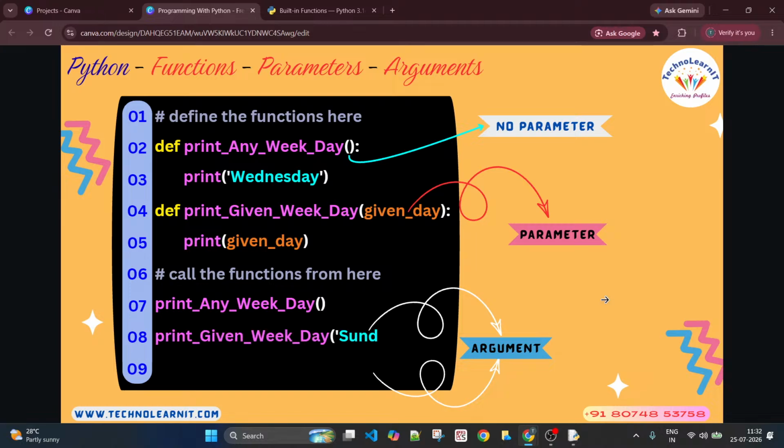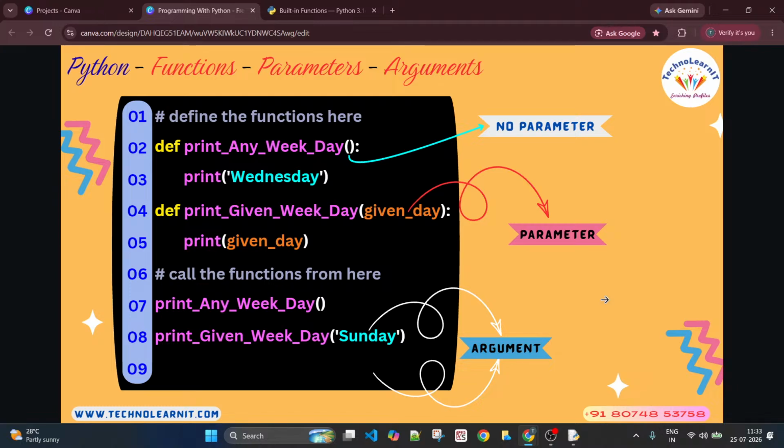And what if I call another function? Sorry, print given weekday. Then control comes to line number 4 because that is the place where this function has been defined. And you see, print given weekday takes an argument because its braces are not empty, meaning you can pass an argument like this.